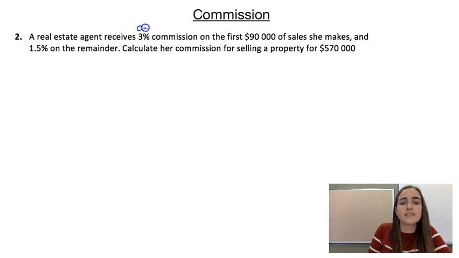3% is 0.03 as a decimal. So we're going to go 0.03 times that 90,000. And what's left over after that $90,000, she's going to get 1.5% commission on. 1.5% is 0.015 as a decimal. So we're going to go plus